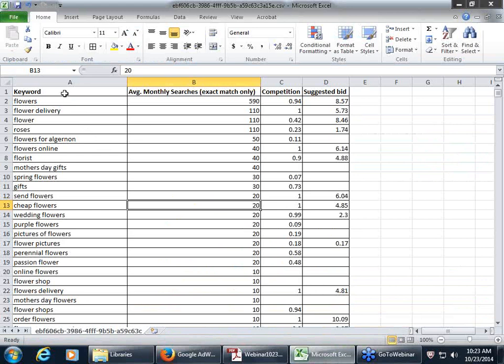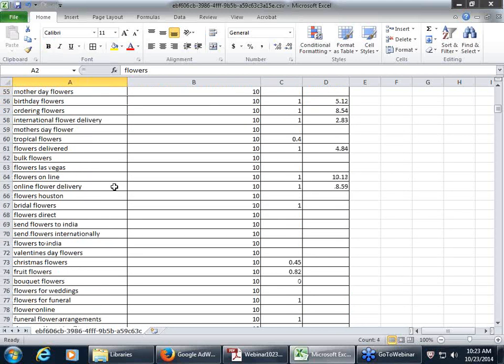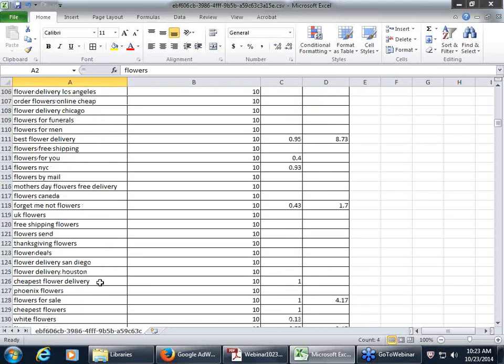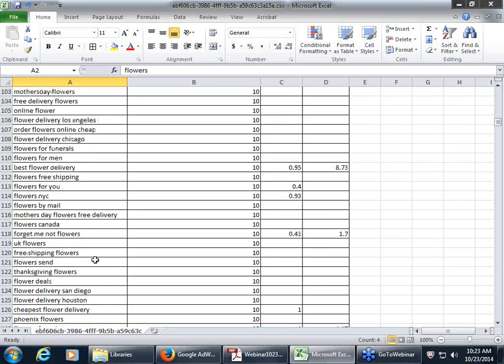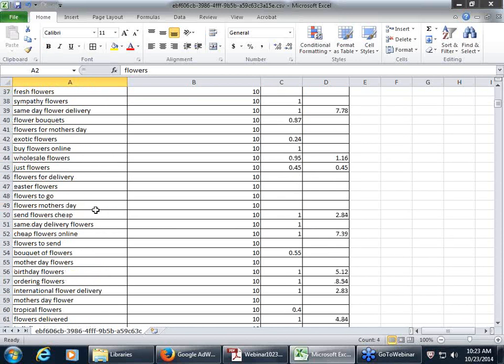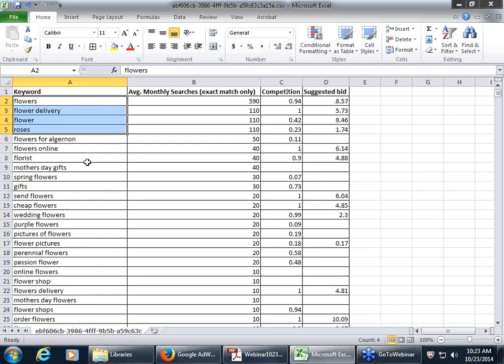So you run this analysis, and you can output an Excel spreadsheet of all the keywords that it recommends. Here are some of the base keywords that we just entered, and then there are roughly 800 other keywords that it recommends for you to take a look at that are associated with people who use flowers for their campaign. Some of these you're going to need to go through and just eliminate. For instance, flowers for Algernon has nothing to do with actually selling flowers.